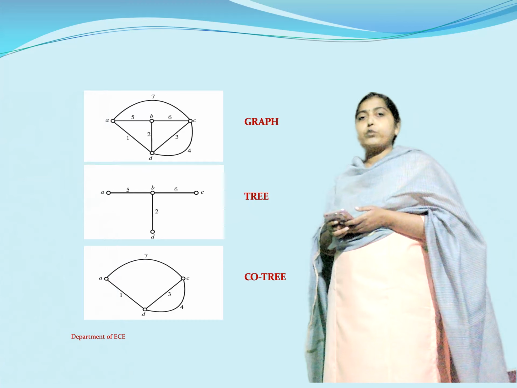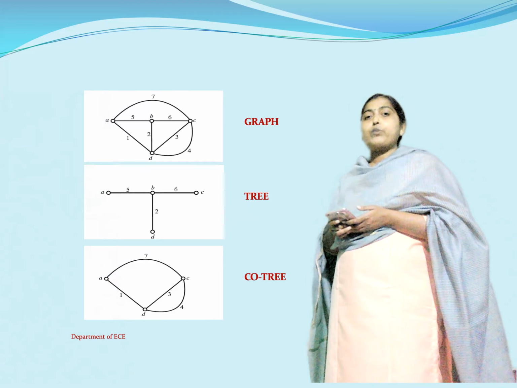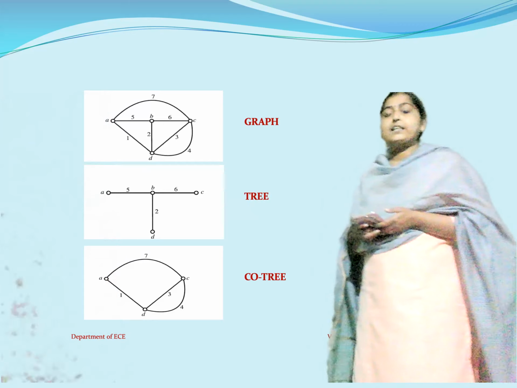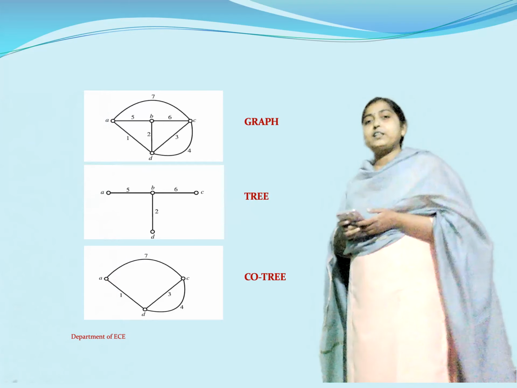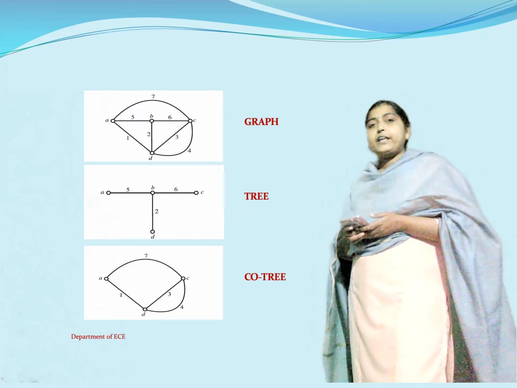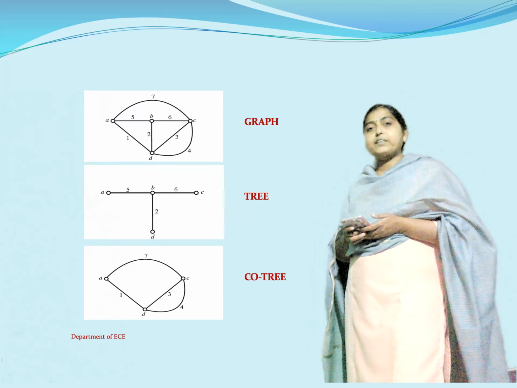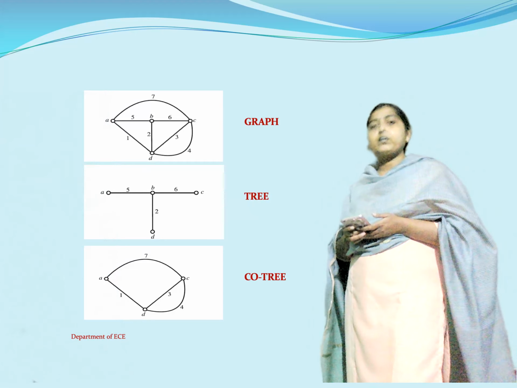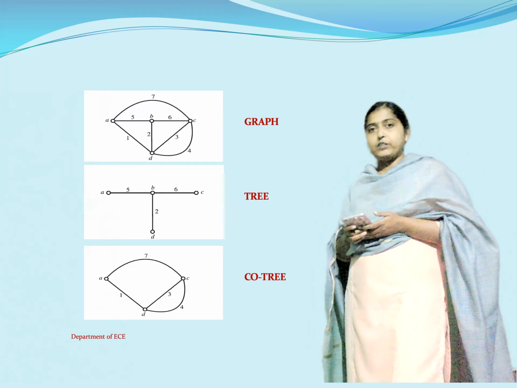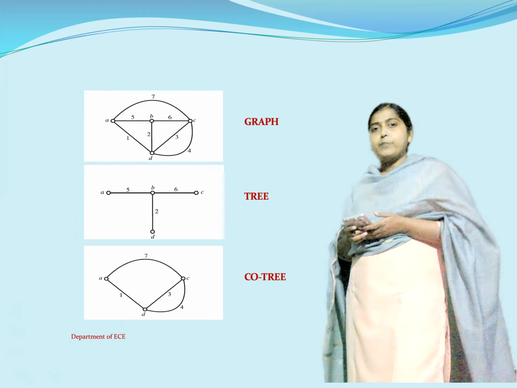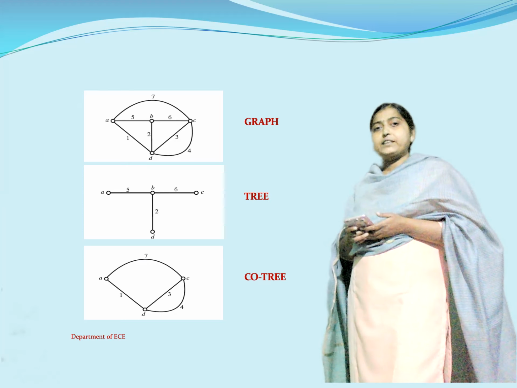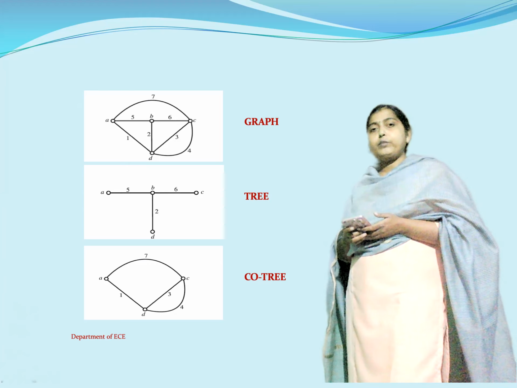3 plus 1, 4. That means this number of links will always tell us how many loops are present in the given network. So L is equal to 4 means there are 4 links. That means I am having 4 loops in the network. So let us see what the loops are. This is the first loop, this is the second loop, this is your third loop and this is your fourth loop.